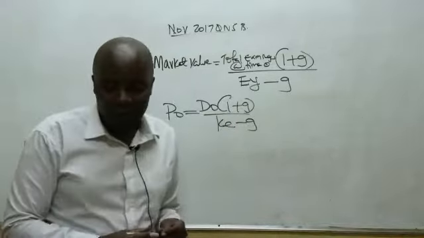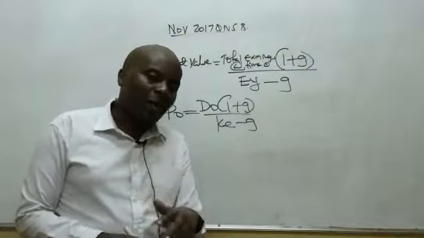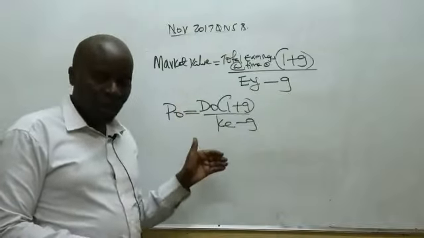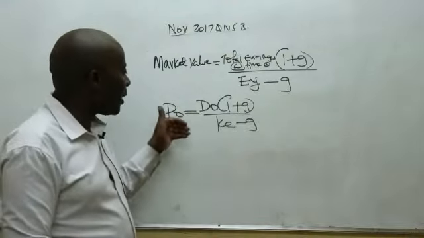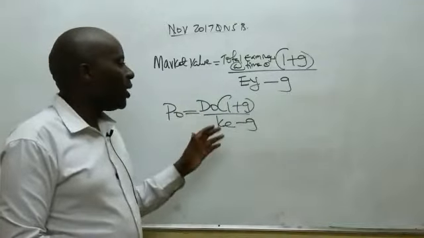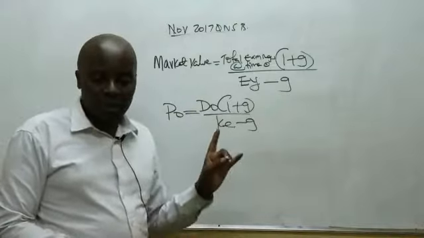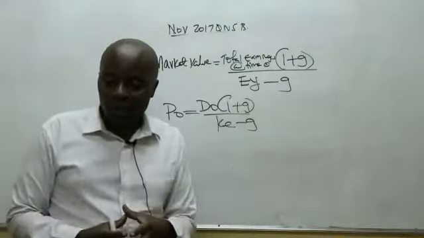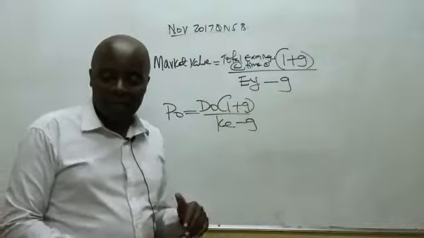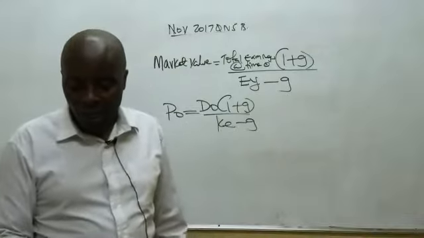So when I read any question that has valuation in it, always remember the mother of all valuation equations. P0, that is current market price per share, equals current dividends into 1 plus growth rate all over Ke minus g. What do I mean, ladies and gentlemen? That all these other things we've been writing from up there are irrelevant, very much irrelevant.